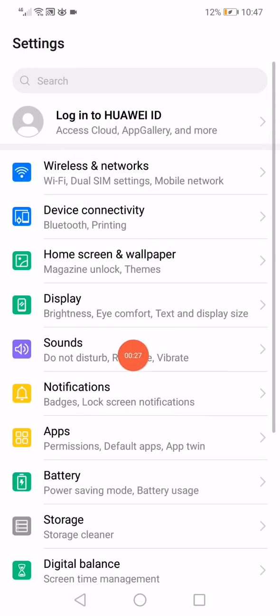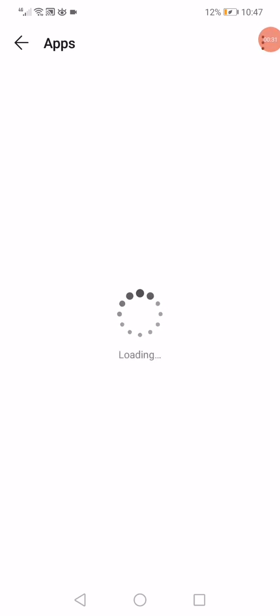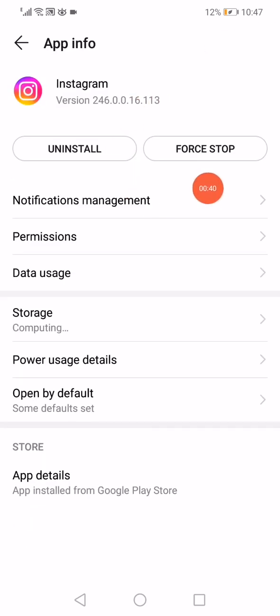Now go back and open the apps manager on your phone. Go to the apps. On this page you will find all the apps that you have downloaded on your phone. All what you have to do is wait a few seconds. It will start loading the apps. Scroll until you find Instagram, click on it, click here on this force stop option, and then go down to